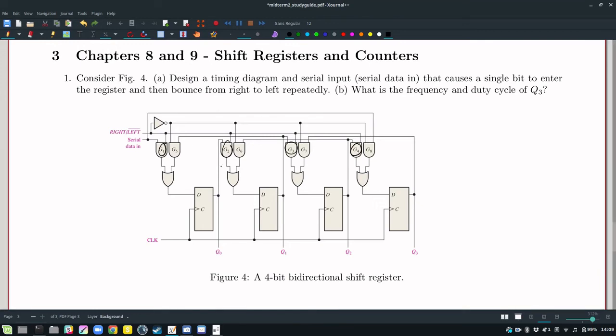So actually, these 4 gates correspond to loading the bit as if it's starting on the left. So the serial data in goes through gate 1 and ends up in D1, and it becomes the output of Q0, which then is fed, from left to right, to the next D flip-flop. But if the right-left shift line is active low, then